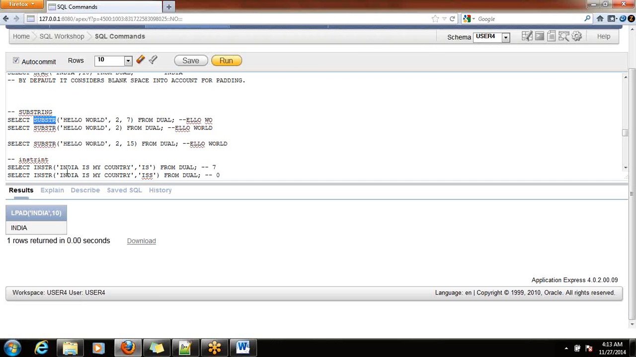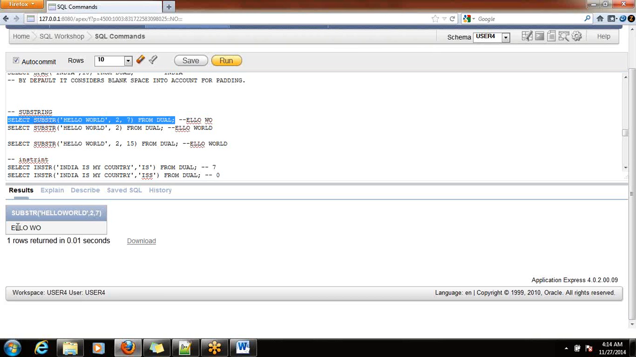Now, I am going to extract some portion of the given string, some piece of string. Substring we call it. Look here, substring of. This is the actual string, first argument: Hello world. And I am mentioning from second position, I need 7 characters. Let me execute and explain. Hello world is the actual string,